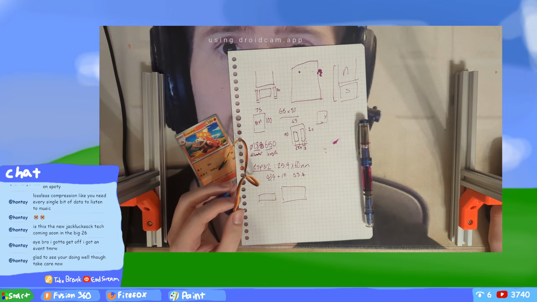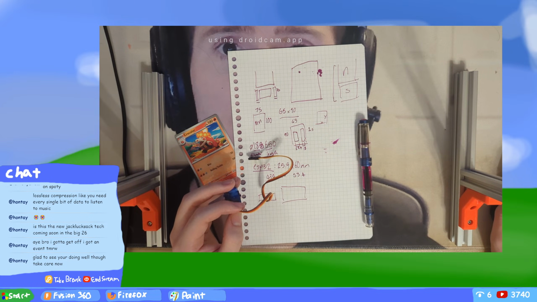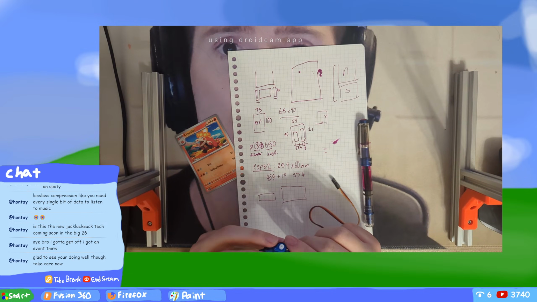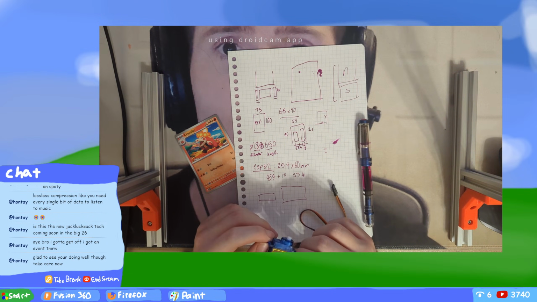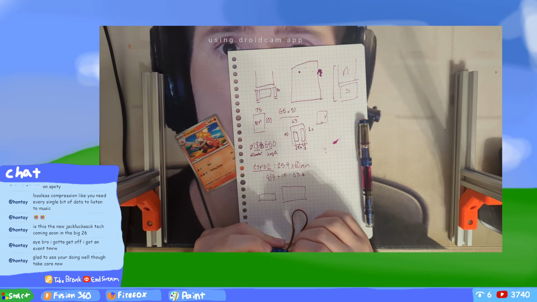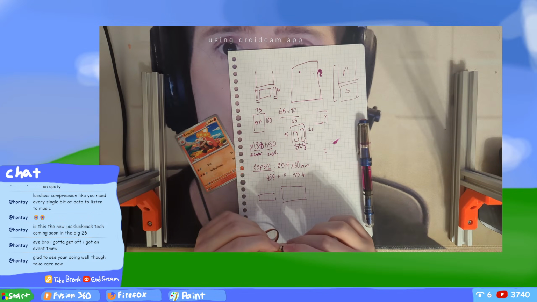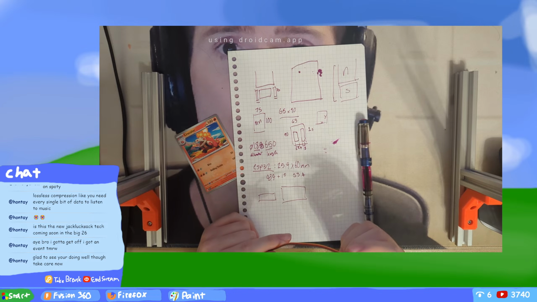There's apparently a 3.7 gram servo motor, which is absolutely tiny. It is 8.6 by 20 by 22 millimeters, which is, wow, that's insane. Okay, so it is 0.6 kilograms per centimeter at